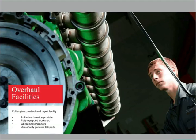overhauls internally. As I mentioned already, we have a team of dedicated overhaul engineers who go out into the field to carry out minor overhauls in situ at the 30,000 operating hour point, and we have a fully equipped workshop at our facility here in Knowsley near Liverpool, where we are able to carry out the major overhauls, where we have equipment such as engine turntables that allow us to mount engines such that they're much easier to access in terms of removal and refitting of parts and speed up the process